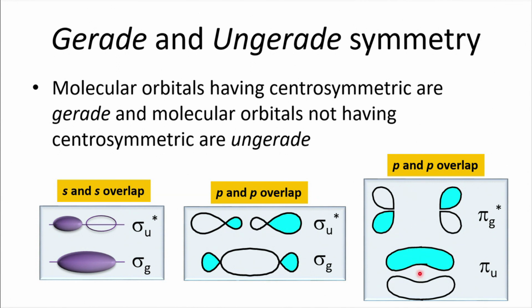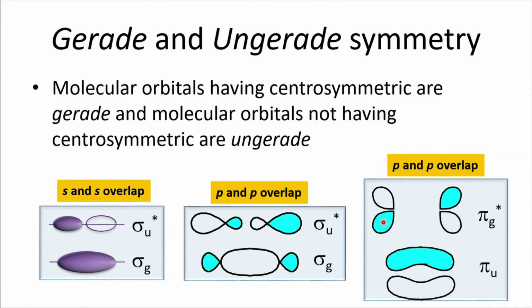And when we go to the p-p overlap, we have the pi bonding. If we look at the center of symmetry for this one, we have a positive lobe on one side and the negative lobe on the other side. In other words, we have no center of symmetry in the case of pi bonds, that is, the bonding pi orbital does not have a center of symmetry. So this is called pi u,